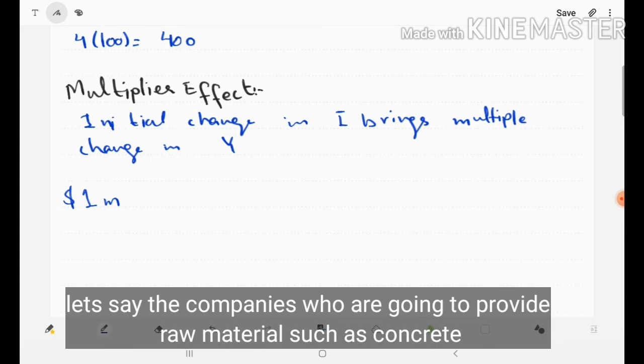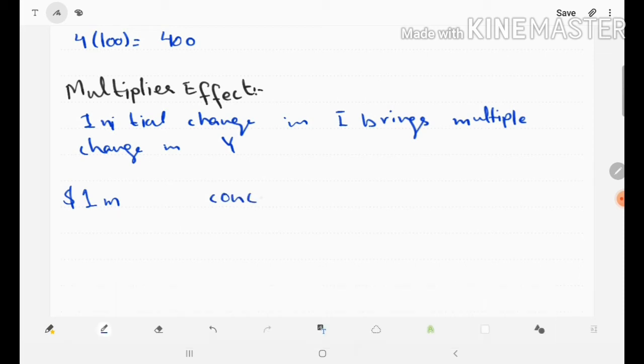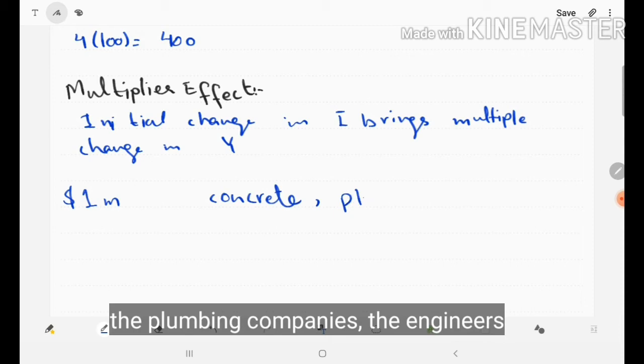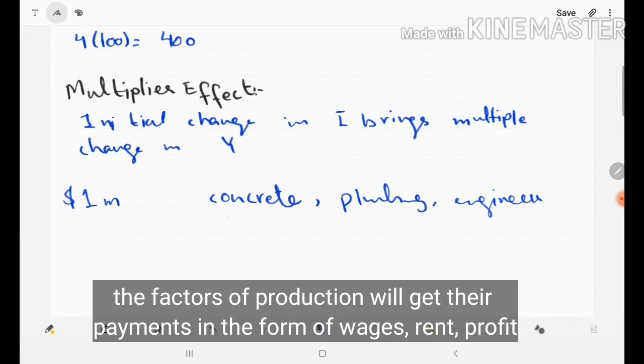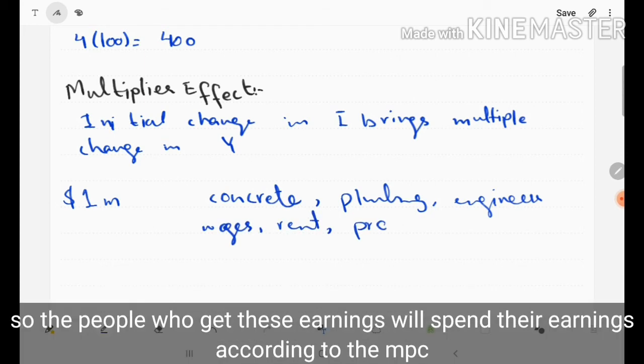The companies that provide raw materials such as concrete, the plumbing companies, the engineers, the factors of production will get their payments in the form of wages, rent, and profits. The people who get these earnings will spend them according to the MPC,